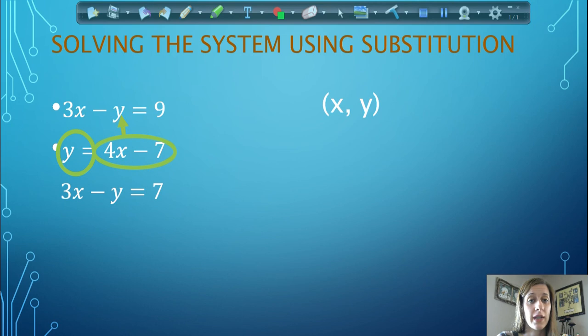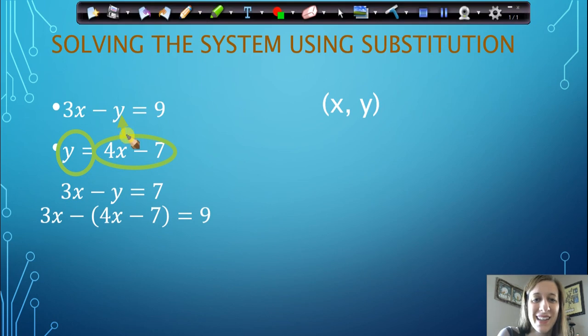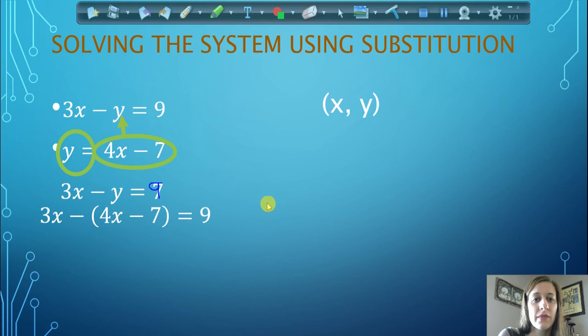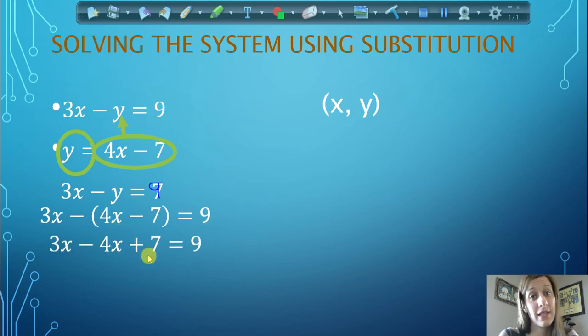3x minus y equals, that should be a 9. So I am just going to substitute in 4x minus 7 into where y is. And this is where you have to be careful. There's a subtraction sign in front of y, so we need to subtract all of this. So I need to subtract the 4x, and I need to subtract the minus 7, which makes it a plus